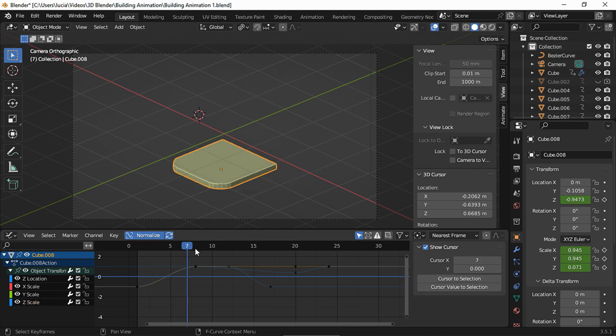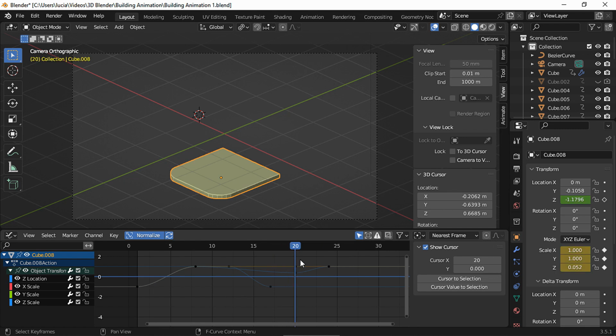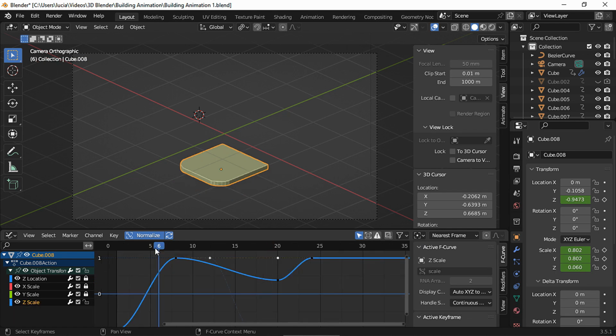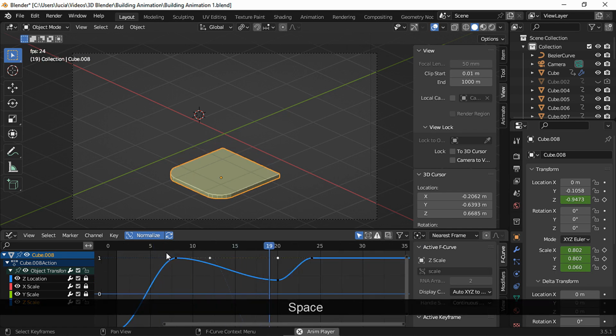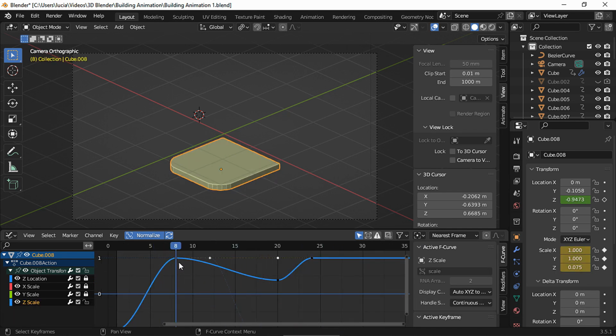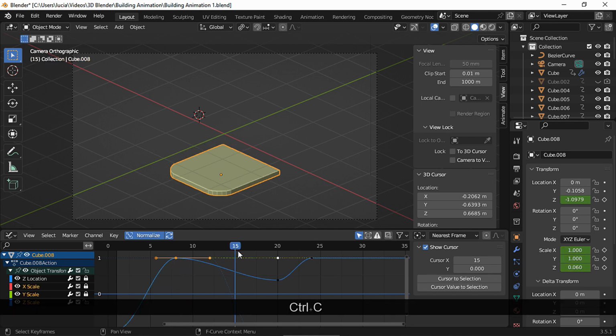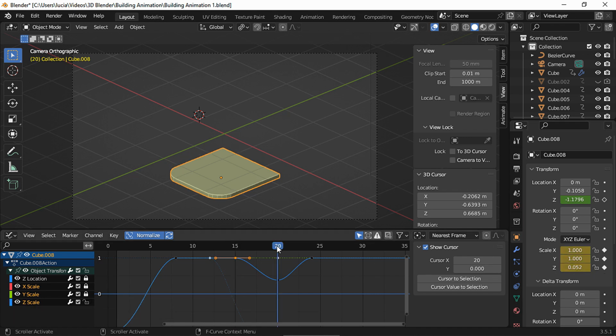Let's see. Okay, I'd like to ease this final part of the animation to make the bounce look better. So lock all the channels but the set scale channel. And first I'm gonna copy this keyframe, select, Ctrl C, and in frame 15, Ctrl V. So now we have a keyframe as you can see.